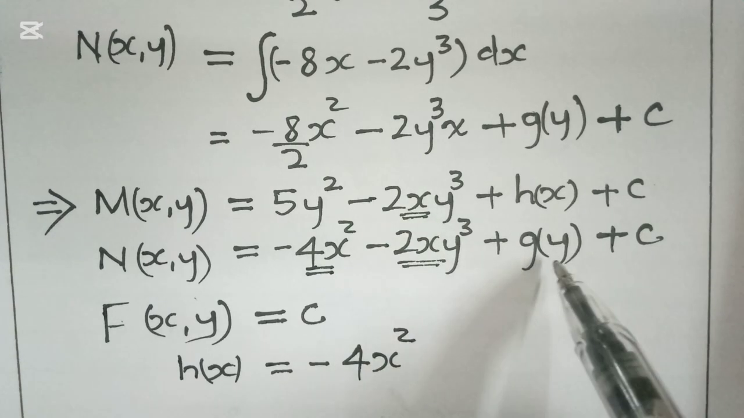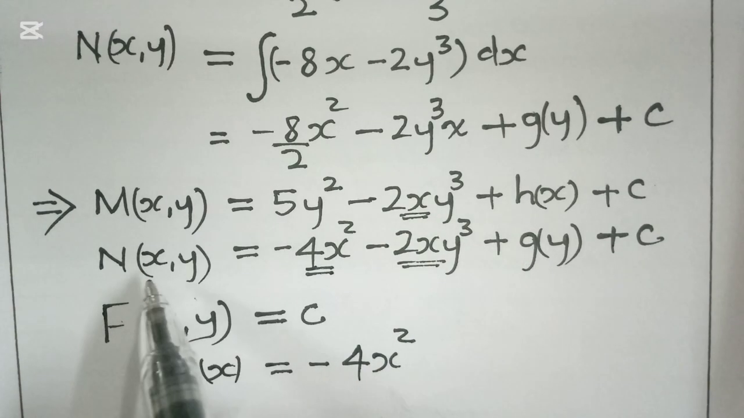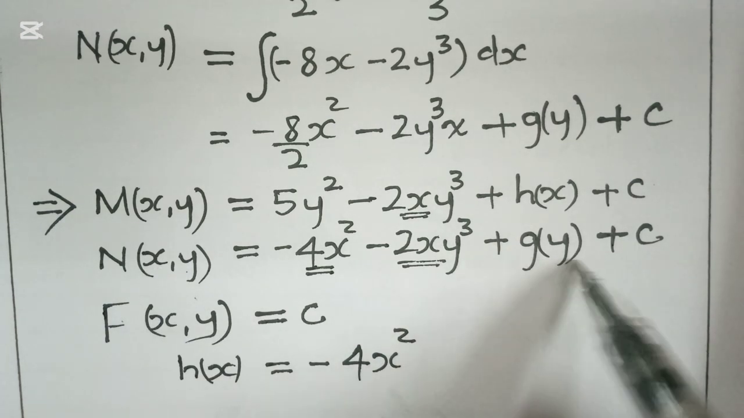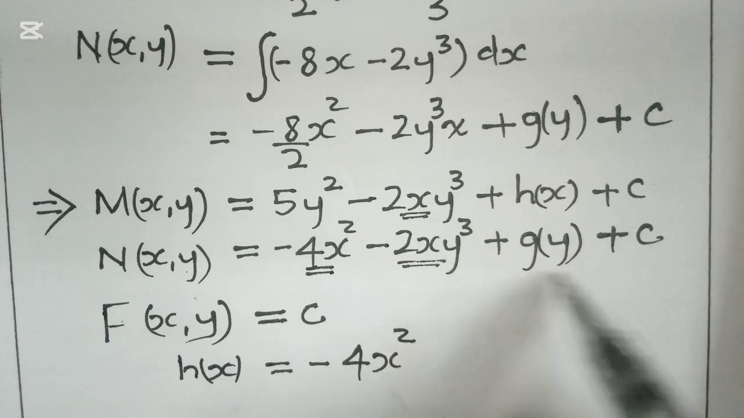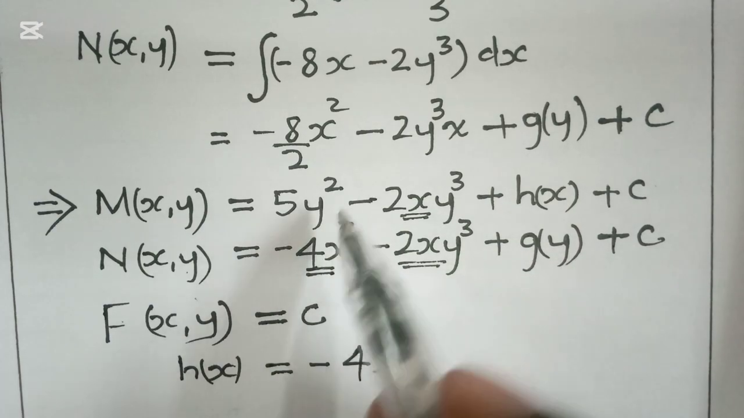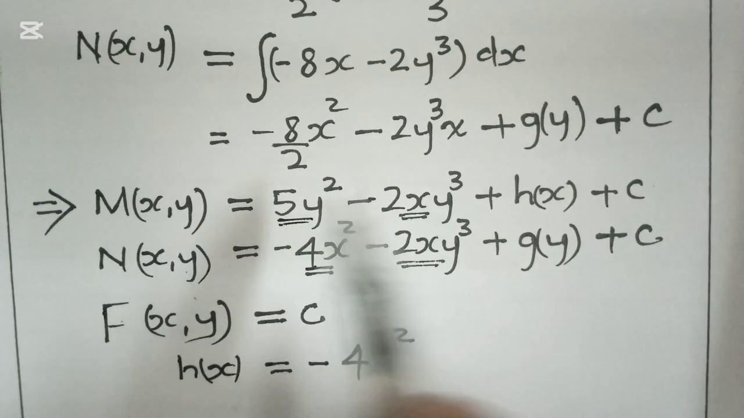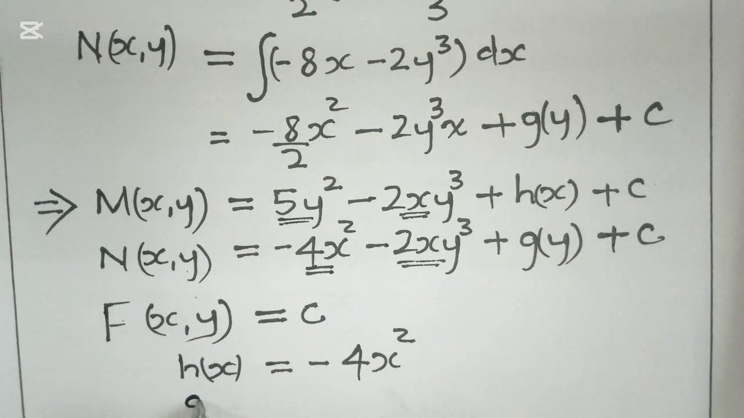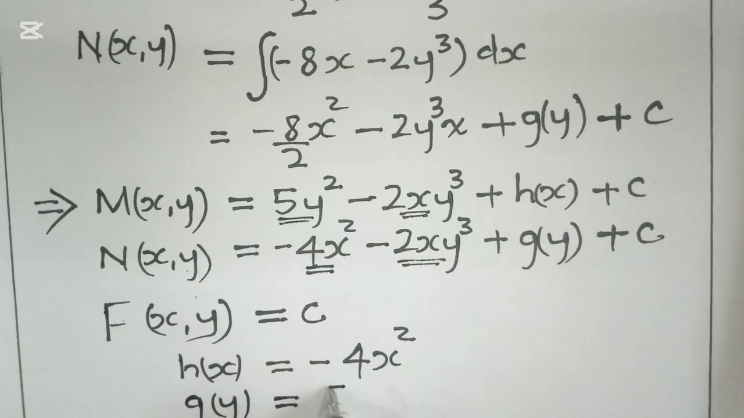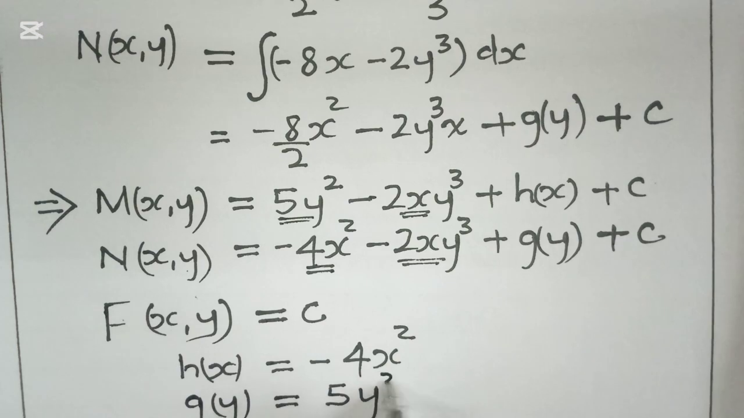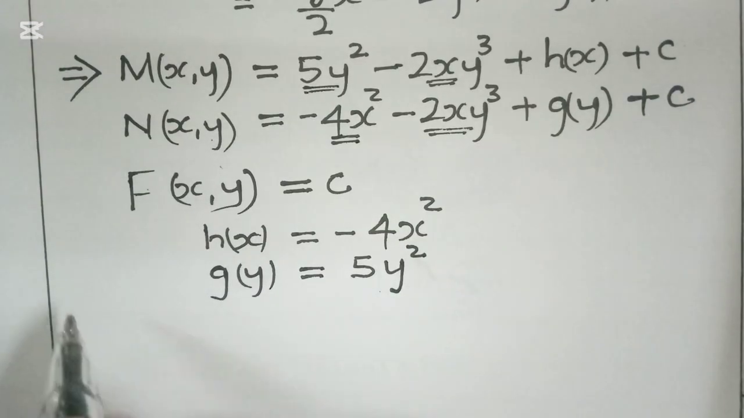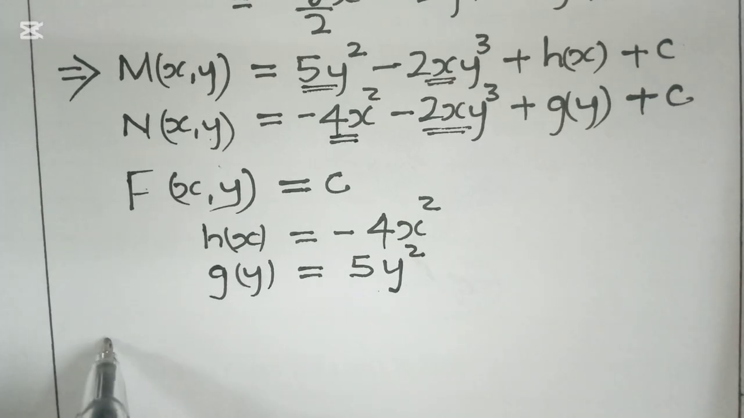Guys, looking at this next N, which is a function of x and y, our g(y) is supposed to have y alone. And so looking at this, we find that it's supposed to be 5. So we have 5y squared. So g(y) is supposed to be equal to 5y squared, like that. And so therefore, guys, our solution then, the final solution of f(x,y)